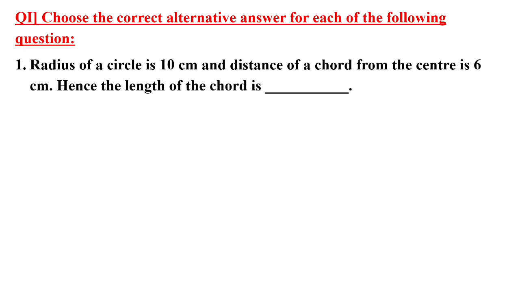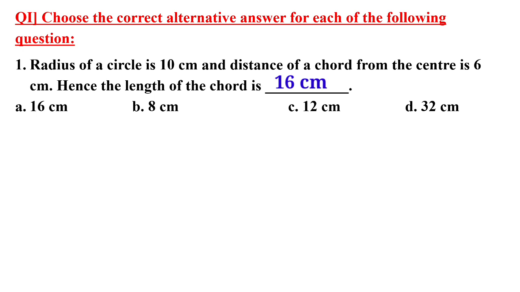By the Pythagoras theorem, the radius becomes the hypotenuse. Okay, 10 square is 100 and it is equal to, one side is given 6. The square of 6 is 36. So 100 minus 36 we get how much? 64, and 64 is the square of which number? 8. So here we got answer 8 for the half chord.